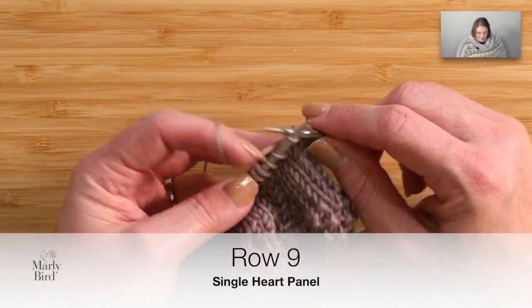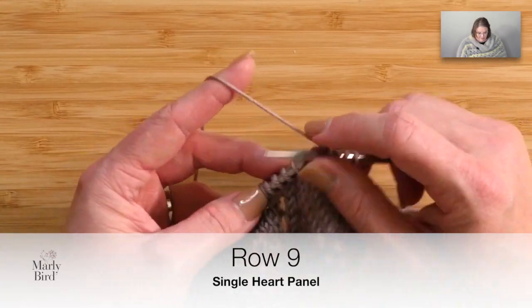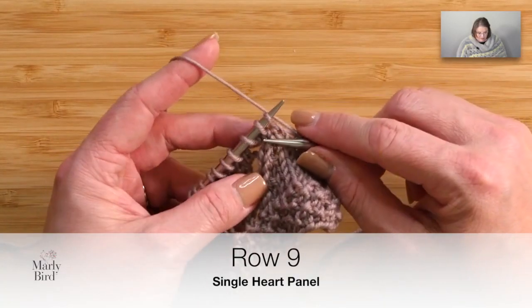So we begin with a knit 5, knit 2 together,